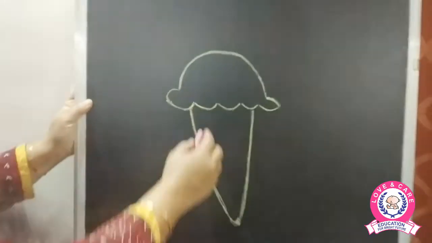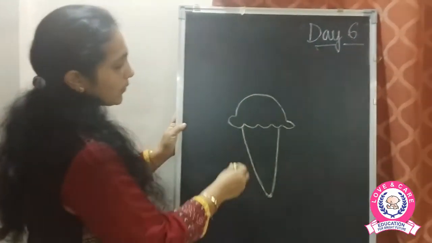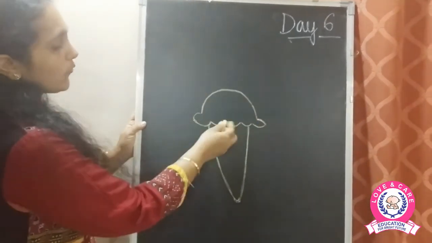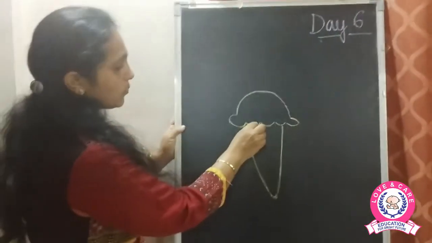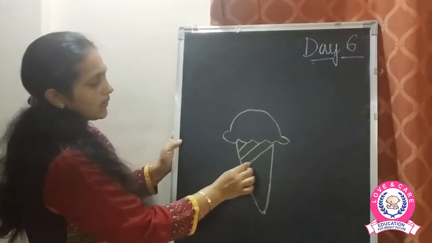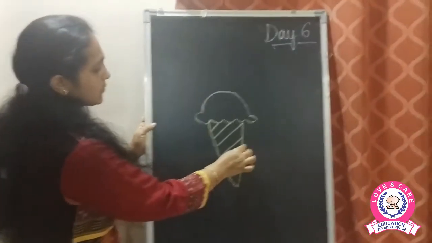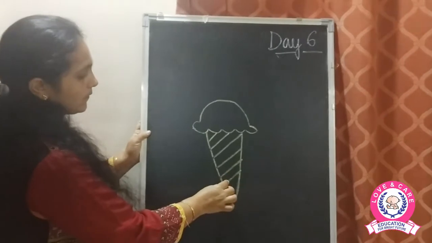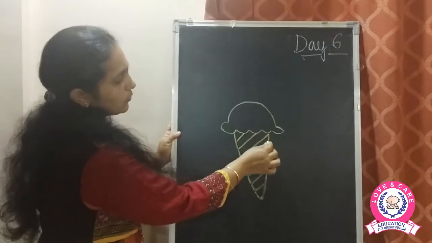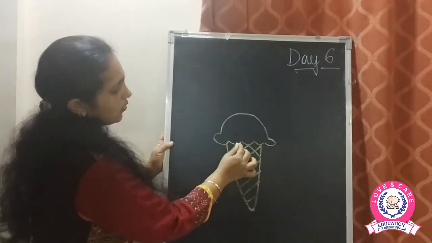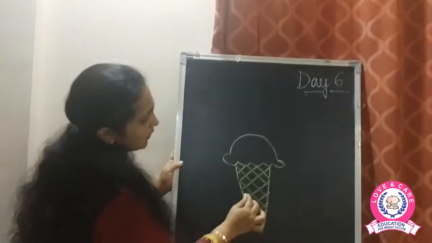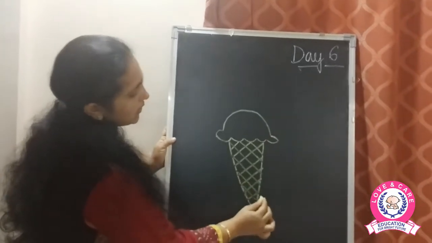Now you can have the topping of your choice. ये आइसक्रीम स्कूप होता है जो हम खाते हैं. So you can have of your choice. And then here we are going to make the slant lines. यहाँ पे हमें क्या बनाना है? हमें slowly slant lines बनानी है. एक तरफ बनाने के बाद we will go across like this. Opposite side से हम वहाँ पे slanting line बनाएंगे. So यहाँ पे एक ऐसा डिजाइन आएगा.